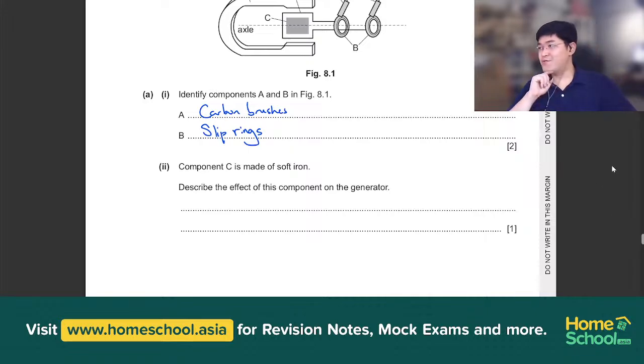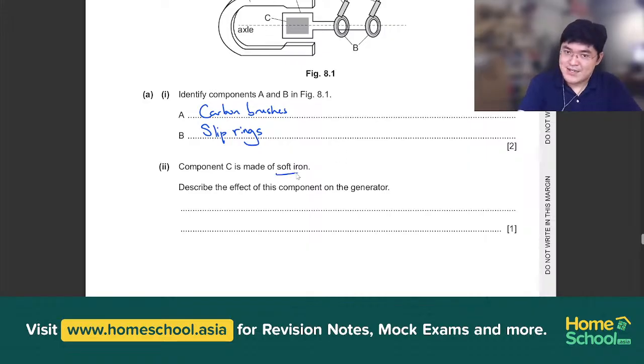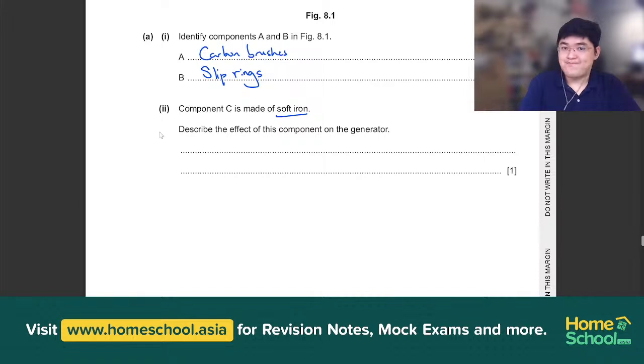Okay, so let's move on to component C. Component C over here is made of soft iron. We are to describe the effect of this component on the generator. The soft iron is only here for one reason: it helps to strengthen the magnetic field of the magnet. So let's write that down. The soft iron core, as we say over here,